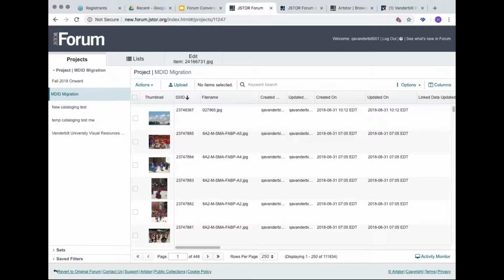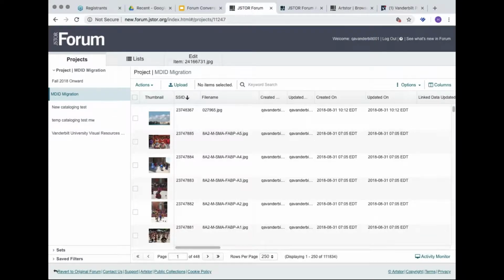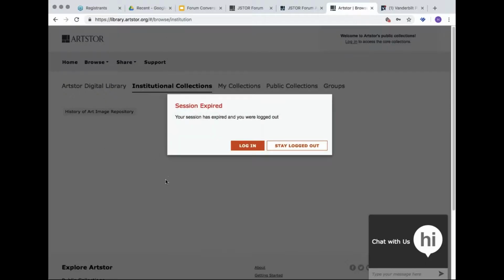Ah, okay, that makes sense. And for anybody who isn't familiar with the relationship between Forum projects and the Artstor environment, which is where this is being delivered now,